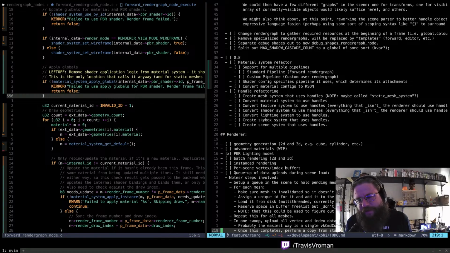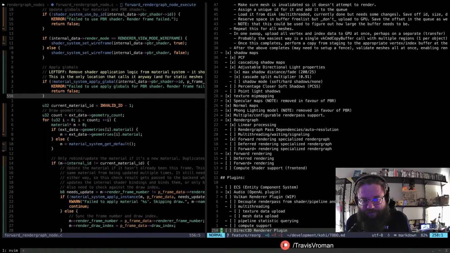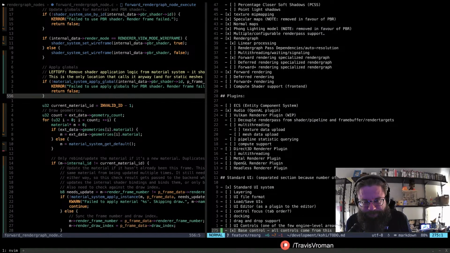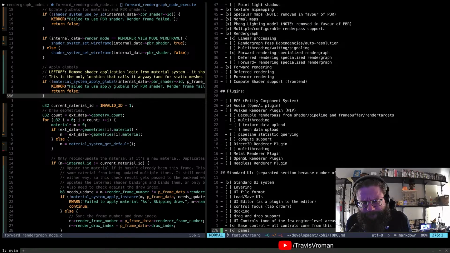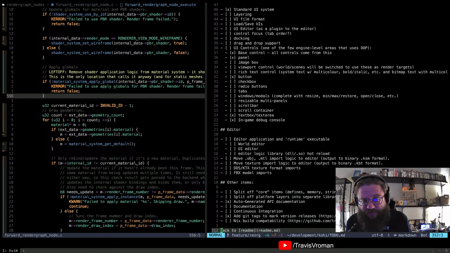And the first game's not going to be terribly complicated with how much geometry we have, so I'm not even going to have to do things like batch rendering and stuff like that for the first game, I don't think. So I think we have most of what we need. We even have sound, right? So UI, it's going to have a custom UI, so we don't really even need the standard UI for the first one. We don't need the editor for the first game. Oh, this is actually, that's actually done.